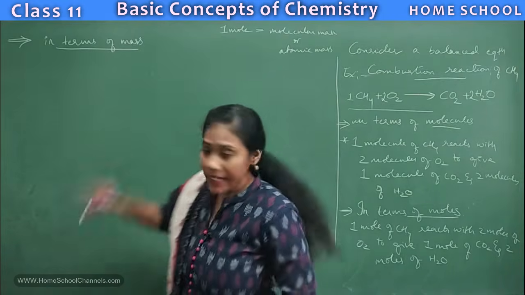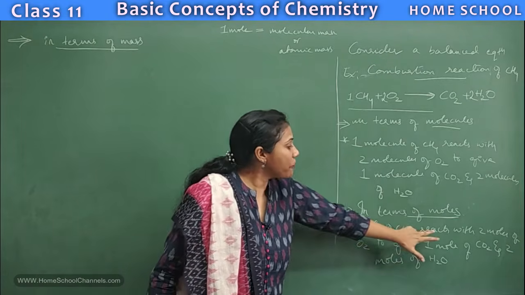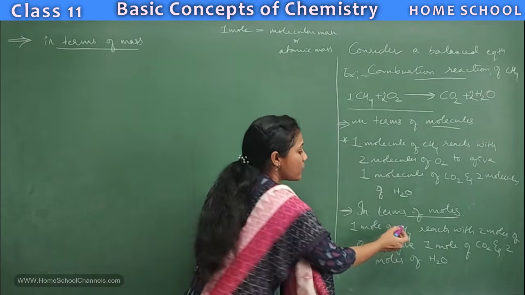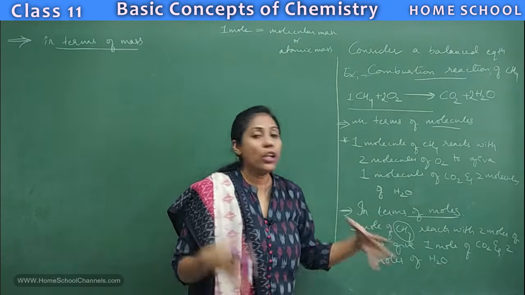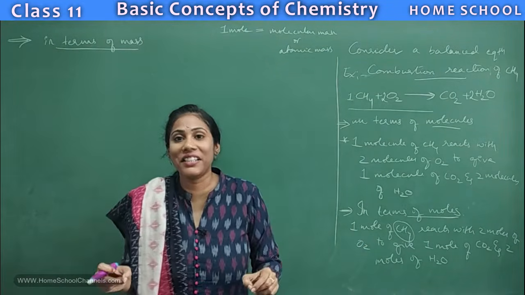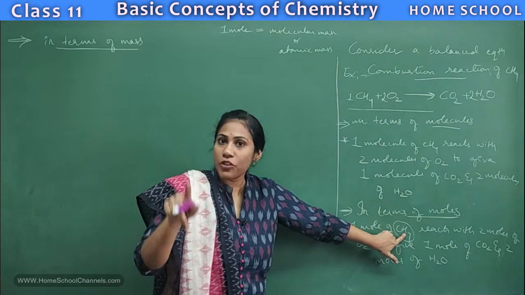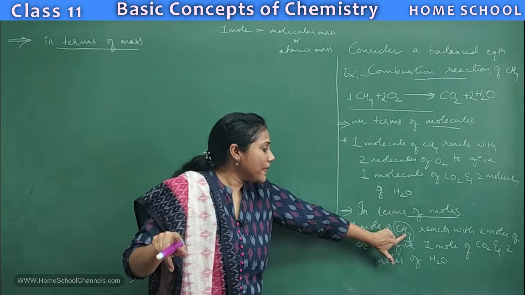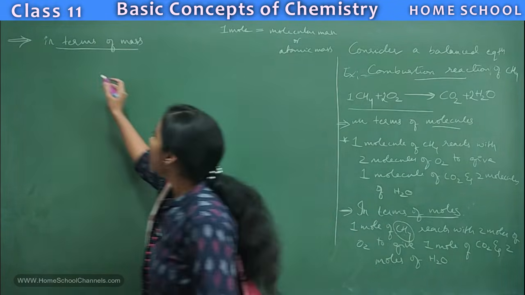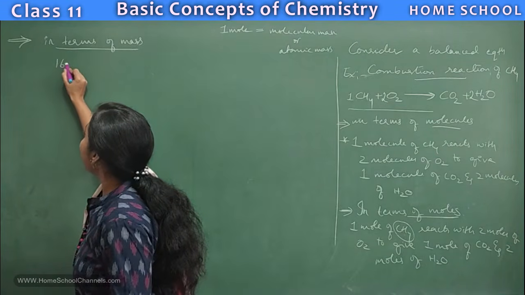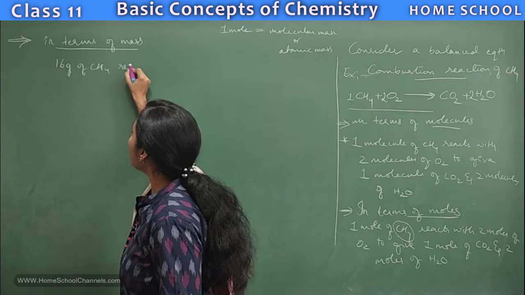Now see here, in terms of moles, I have written 1 mole of methane. What is the methane's molar mass? Mass of 1 mole of methane is how much? 16 grams, right? Carbon's atomic mass is 12 plus hydrogen's atomic mass 4, so 12 plus 4, it is 16. So 1 mole of methane means its molecular mass, that is, I can say 16 grams of methane reacts with,